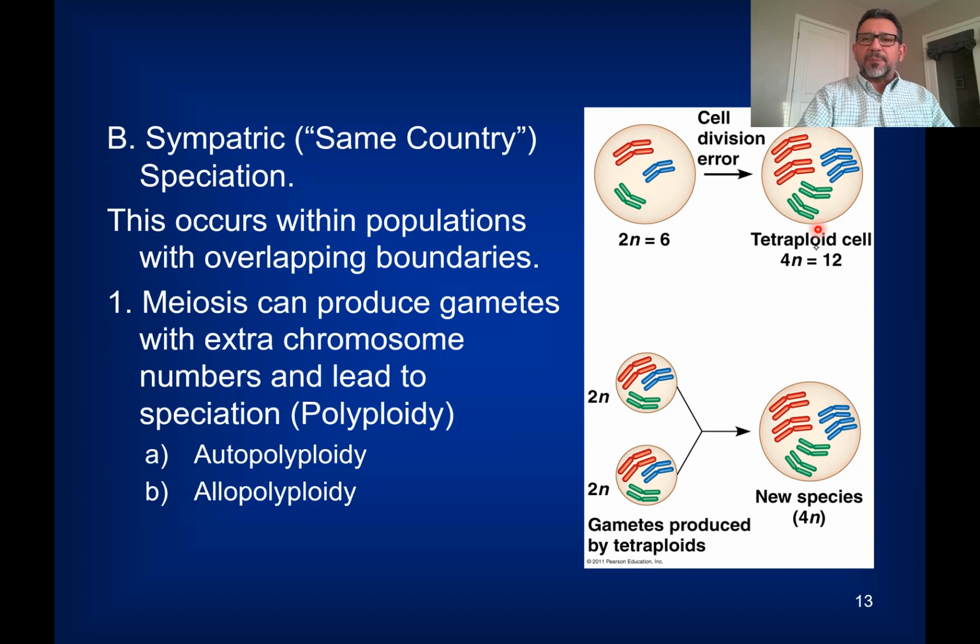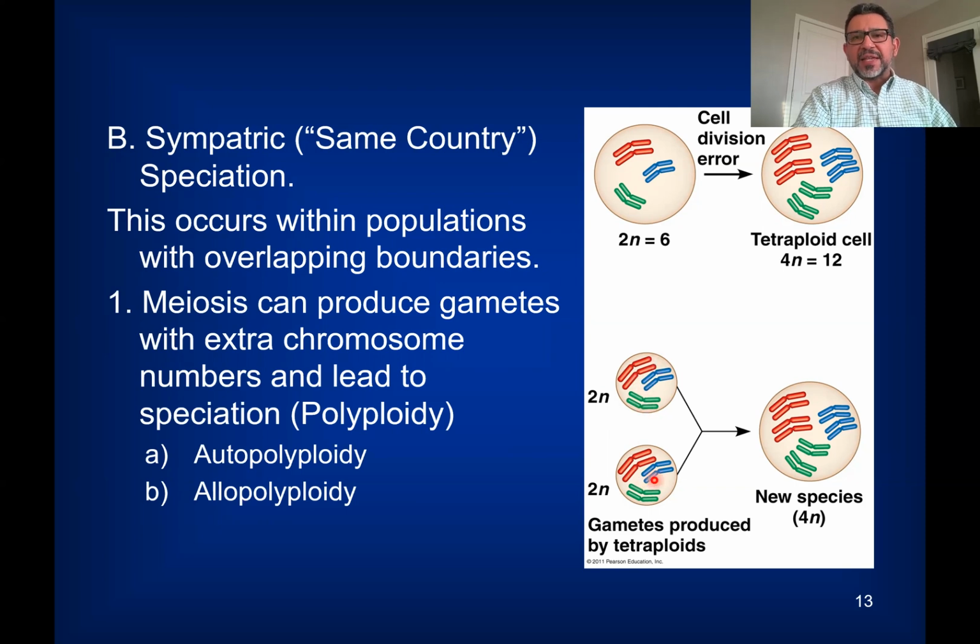If this tetraploid cell was like a germ cell, a cell that is a precursor for gametes, then when it goes through meiosis, it's going to be producing diploid sex cells. And that's unusual, because what we know is that in general, gametes are haploid. They only have half the number of chromosomes of a diploid cell, which is 1 set. But in this case, because we began with that tetraploid germ cell, the gametes are going to be diploid.